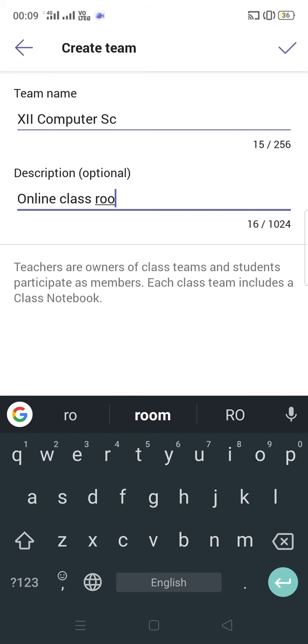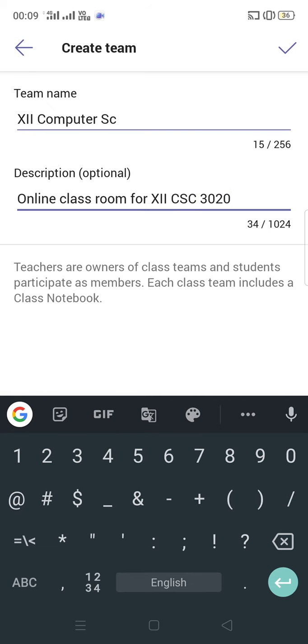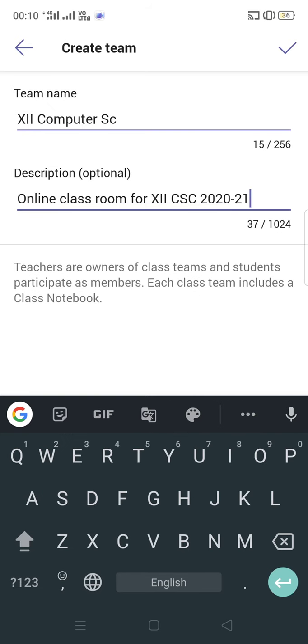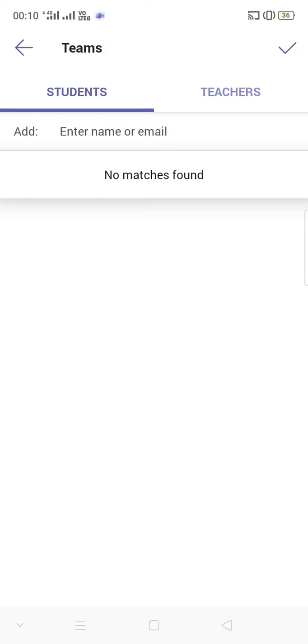Online classroom for 12 computer science, session 2021. So fine. And now create the team by clicking on the tick mark at the top. Yes, so you have created the team.